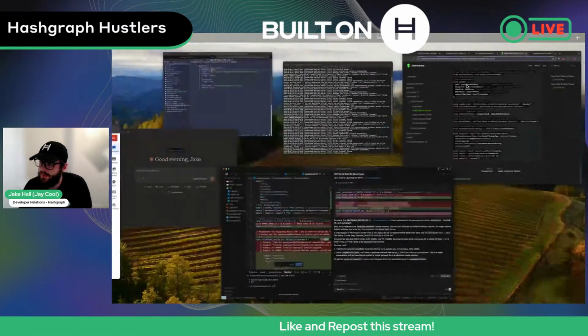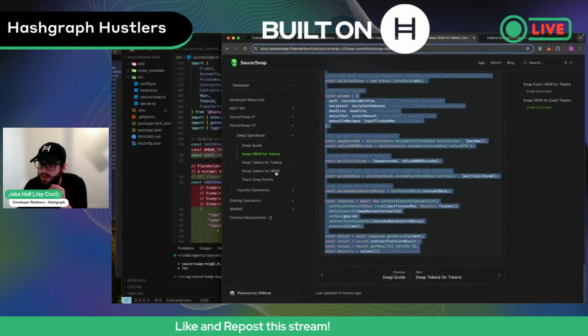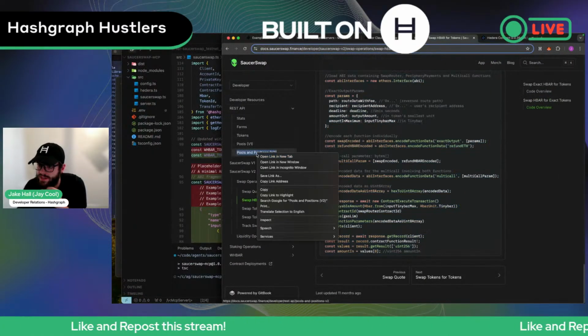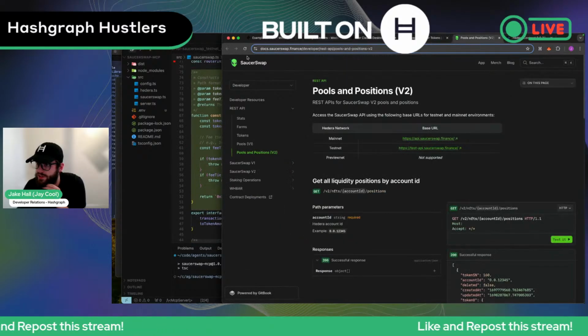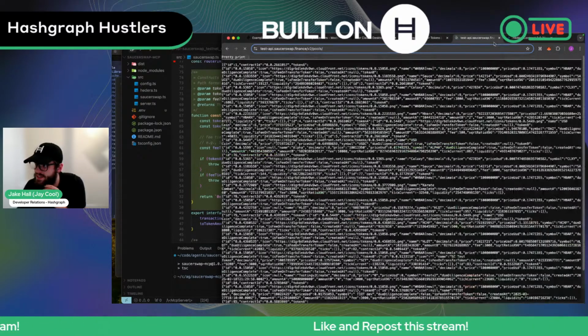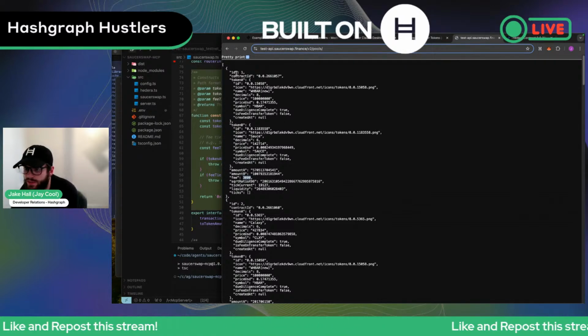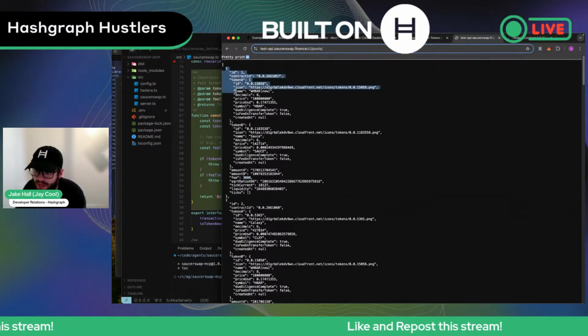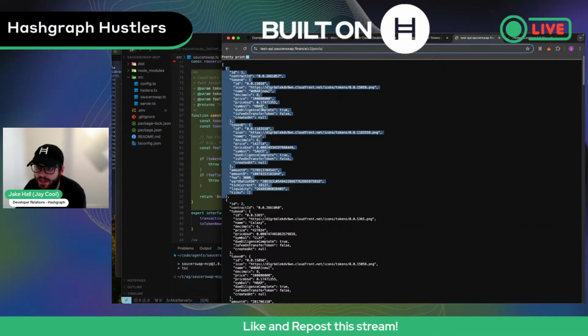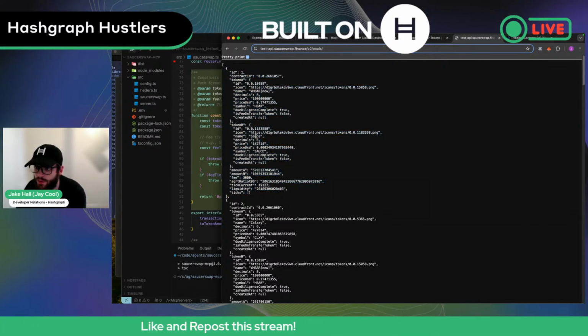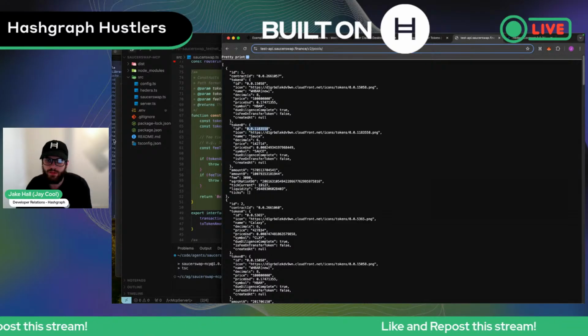Let's let that cook in the background. In the meantime, let's go to the REST API, pools and positions, and we want the testnet API. Now the fee tier we can see over here. So we'll just test swapping HBAR for testnet source. Let's just first double check that